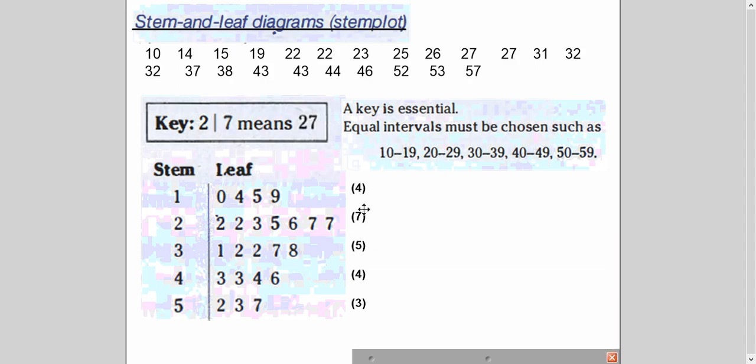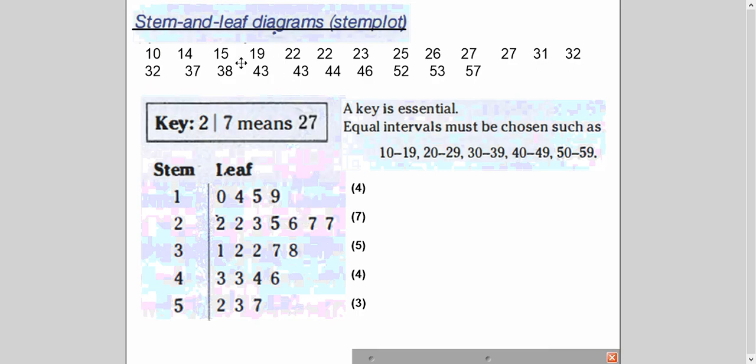Now, what is written here? This actually helps you know immediately at a glance how many values you have in one stem and leaf, in this row, for example. So 4, 7 are here, 5 are here. If you add them up, you will know the total number. You don't need to count here. So this is what a stem and leaf diagram looks like.